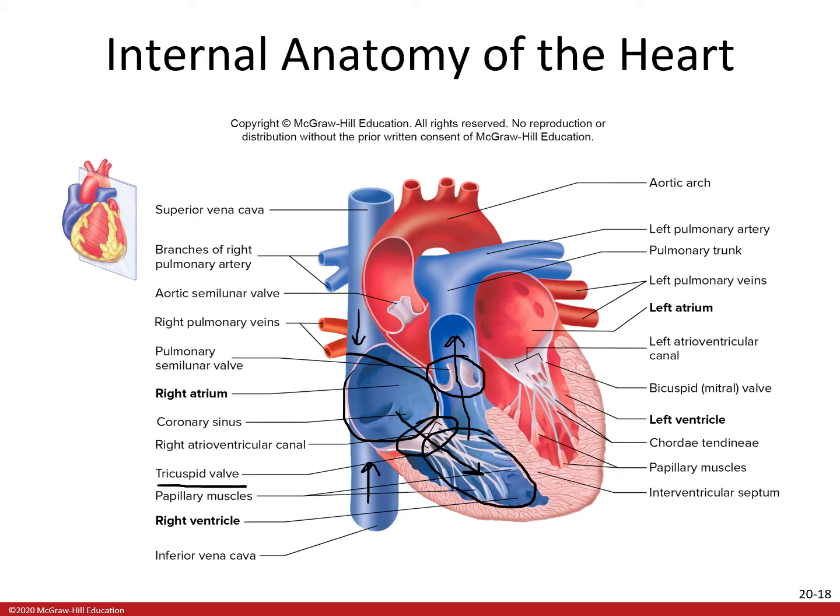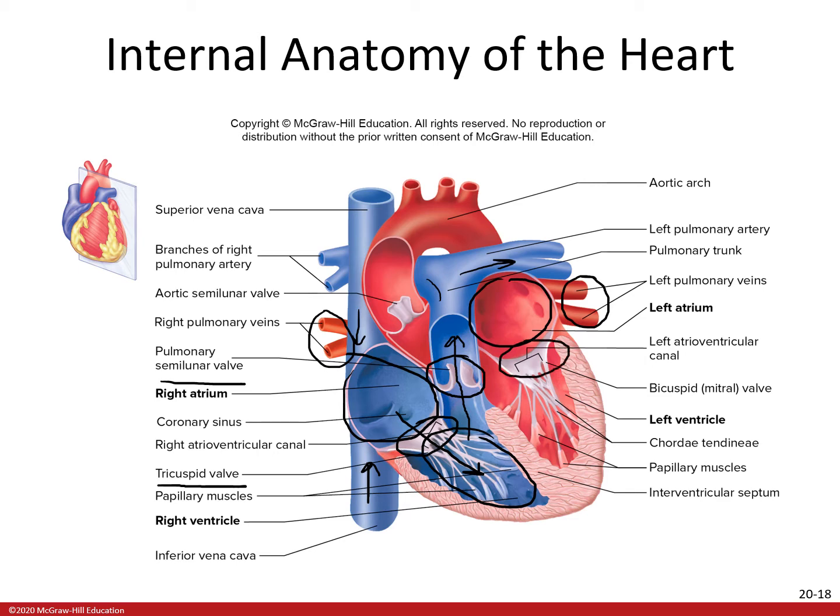That is the pulmonary semilunar valve, which is this first one here. It is aptly named because blood goes through it to the pulmonary trunk and thus into the pulmonary arteries and out of the heart, where it goes to the lungs, becomes oxygenated, and comes back in through the left and right pulmonary veins, which enter this left atrium,